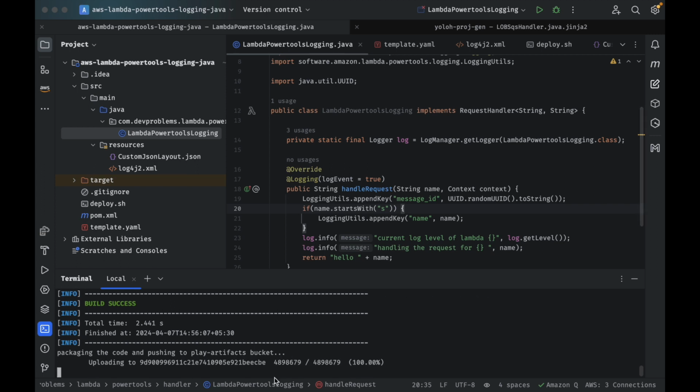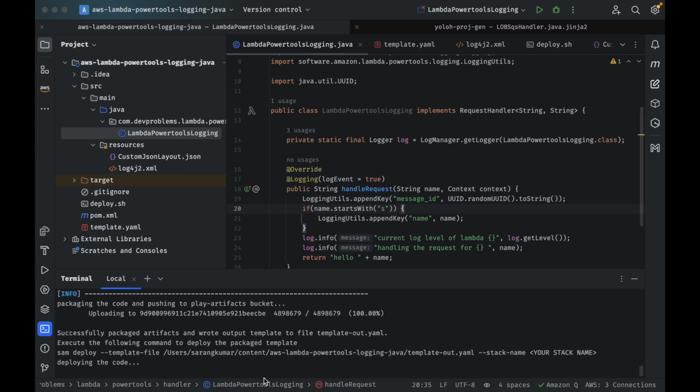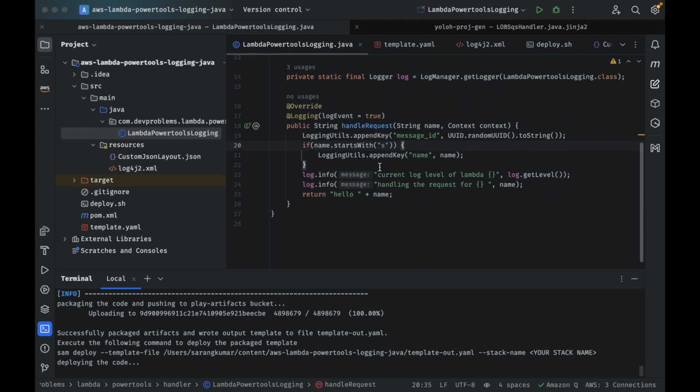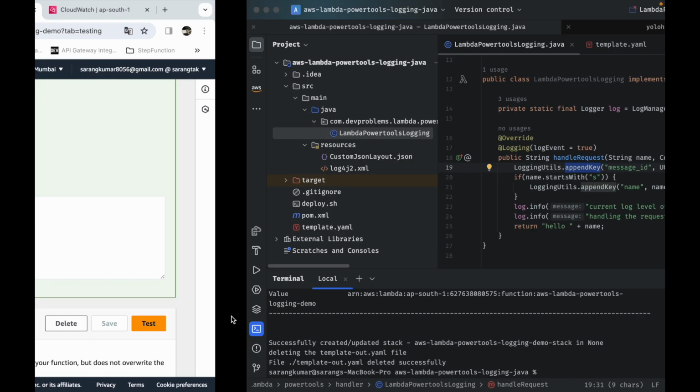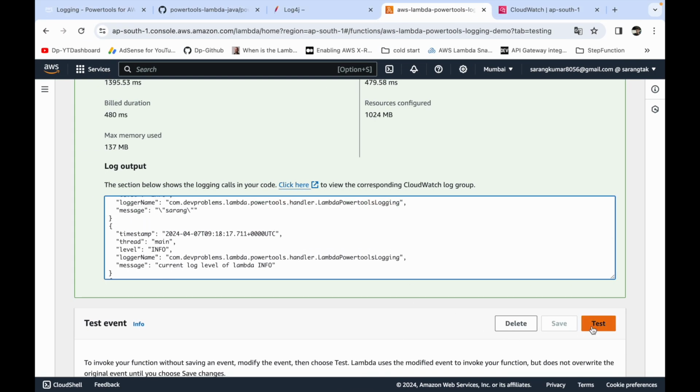It has pushed the code to S3. Now it's deploying. So currently I'm showing you without removing the keys. I'm just appending it. First we're going to see the impact, and then we're going to correct that. So let's wait for it to get deployed, and then I'm going to quickly show you that. Okay, it has been deployed. So now I'll click on test,